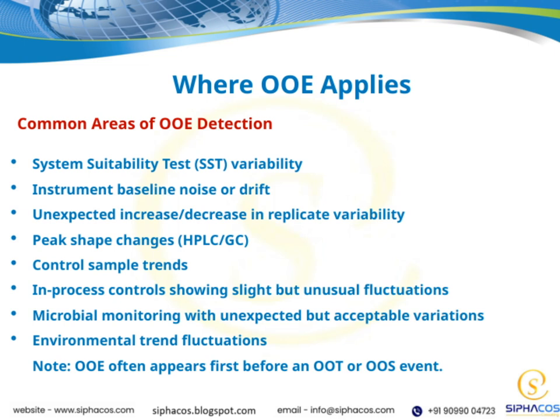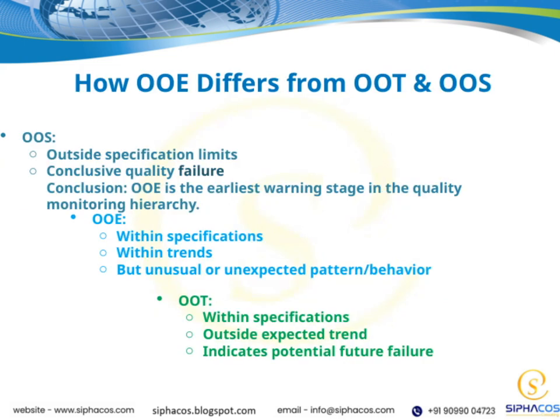These are some key areas where OOE detection is critical and applicable, helping us maintain control and consistency throughout our processes. Now, let's look at some key concepts that differentiate these terms. OOT, or outside expected trend, is an early indicator. It means the data is still within the acceptable range, but it's starting to drift away from the typical pattern, hinting that a potential failure could occur in the future. Think of it as a warning sign that things might be heading in the wrong direction, even if nothing is